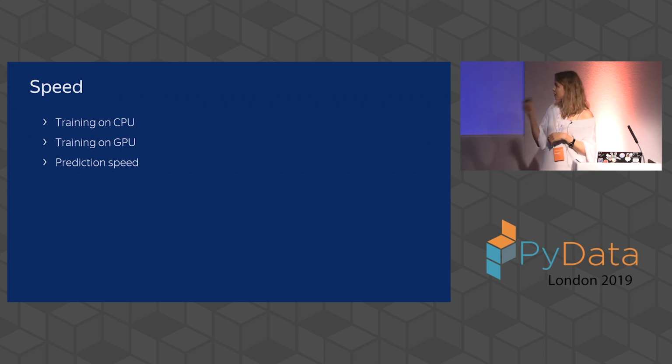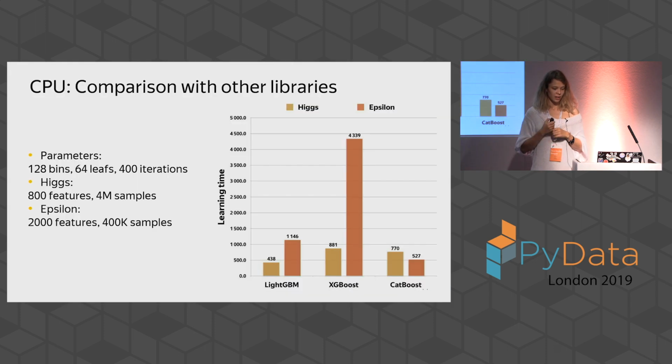Okay, now some benchmarks about training on CPU, on GPU, and prediction. The first thing is CPU speed. Currently, the state is the following. On some datasets, CatBoost is the fastest. On some datasets, CatBoost is the slowest. It depends on dataset